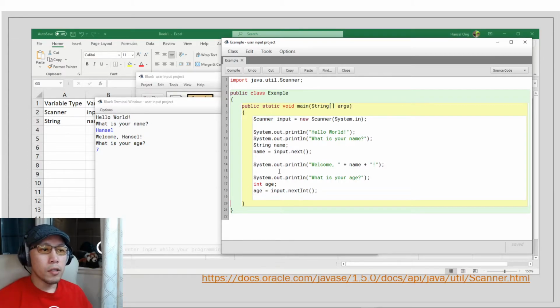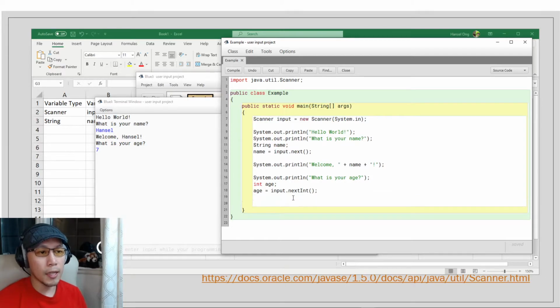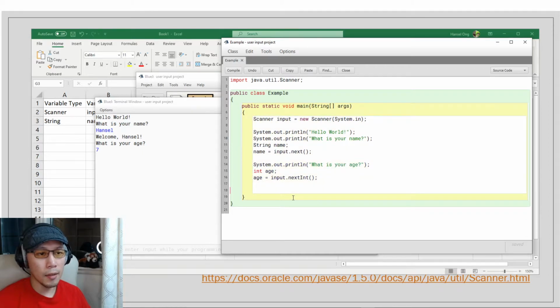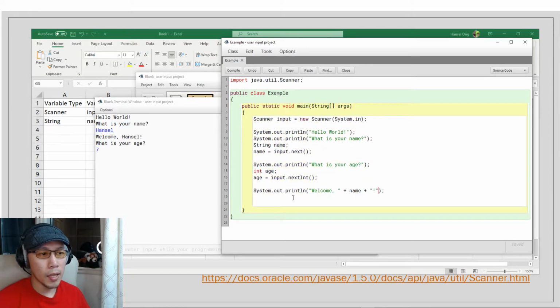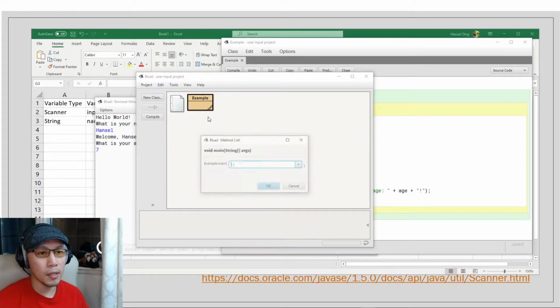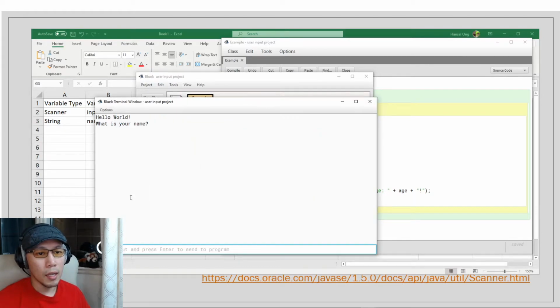Okay, so now we have a way to get a string and we have a way to get an integer, and now we can update this and say welcome plus name, plus age, plus exclamation. All right, so now if we compile, we run this, and we say Hansel Ong,